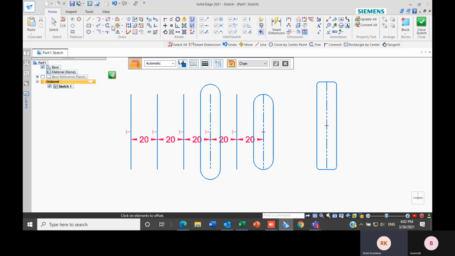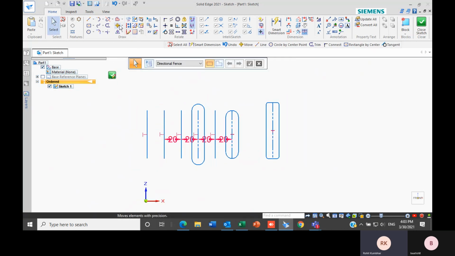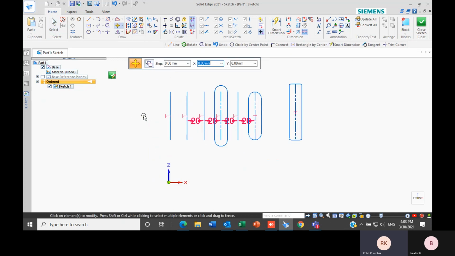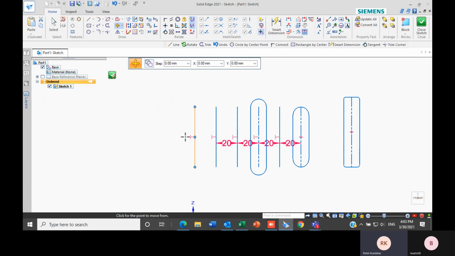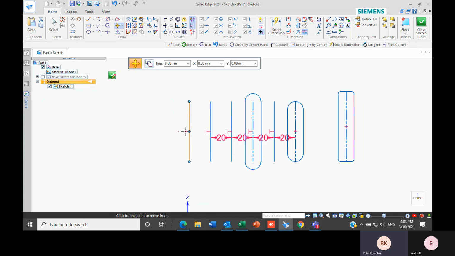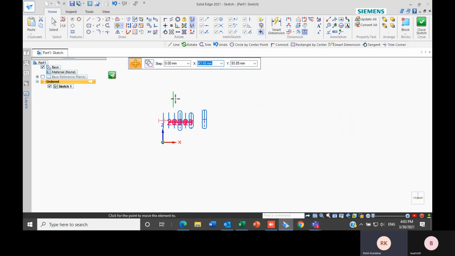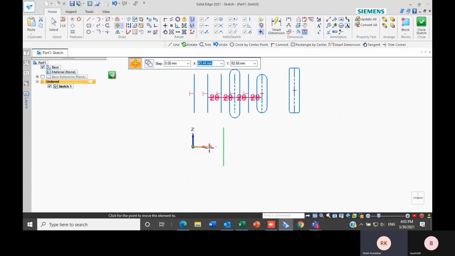Our next option is move and rotate. In move and rotate, let me just get this dimension. The first option is move. Let's say I want to move this line to somewhere else. I just have to simply click on it. Then I just have to select the point from which I have to move. Let's say I want to move it from the midpoint. I just have to select it, and the line which I have selected will move accordingly. Let's say I want it here, so I can create this one here also.